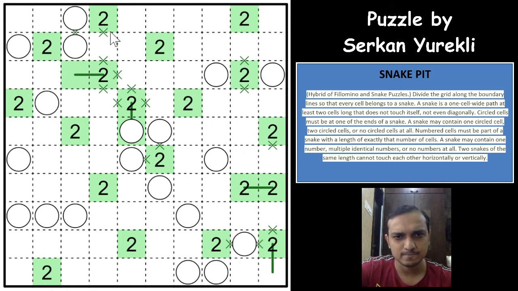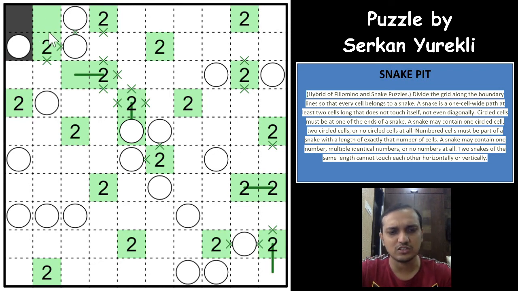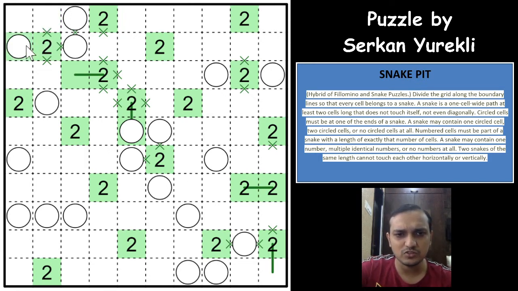And now we can mark this two as a cross here. So this two cannot go up now. This cannot form a snake at the top, because you cannot have a snake of one cell long, right? It has to be a minimum of 2 cells long, and the circle has to be the end of the snake. You cannot extend any further, which means this also becomes a 2-cell snake and it is touching the other 2-cell snake, which means this cannot go up. So there is a cross here, which means this 2 has to go this way, and you have a line here as well.